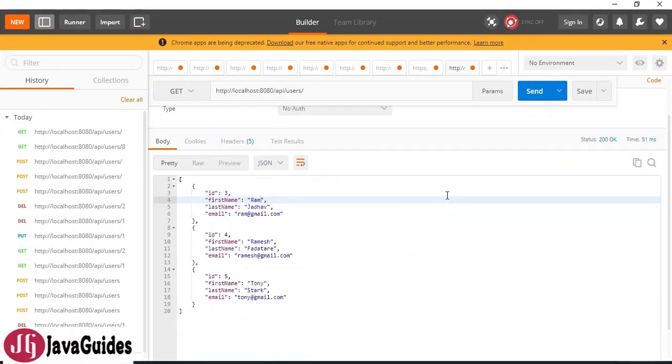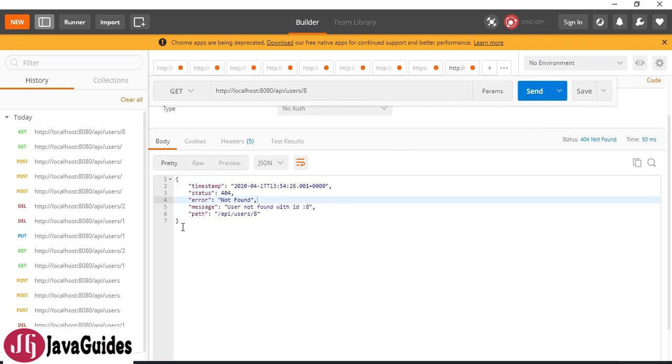Now let us test the negative scenario, like whenever a resource is not found in the database, then we need to send a proper response to the client, right? So for example, let us say the record with ID 8 does not exist, then I'm going to hit the send button. So look here at the response. If the user with ID 8 is not present in the database, then we got this response.